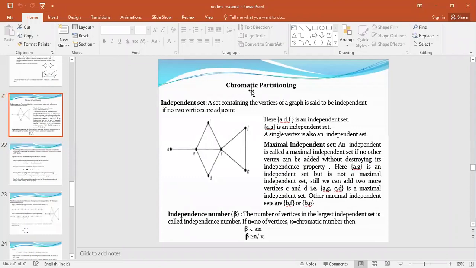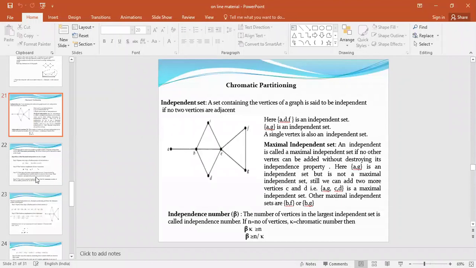What is the meaning of partitioning? Partitioning means you are partitioning a given set and their union must be equal to that set. The next point in partitioning is that these subsets should be mutually disjoint. Like if it is A, B, C, one partitioning of ABC could be AB and BC. Their union is equal to ABC, but it is not a true partitioning. True partitioning means their intersection should be an empty set. So partitioning of ABC could be either A then BC, or even A, B and C.